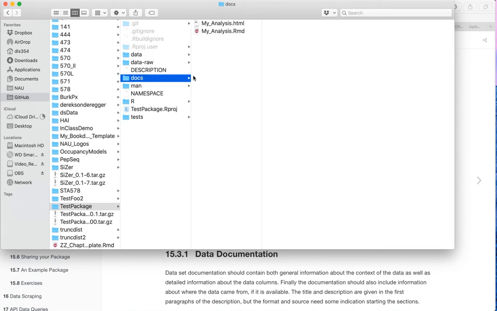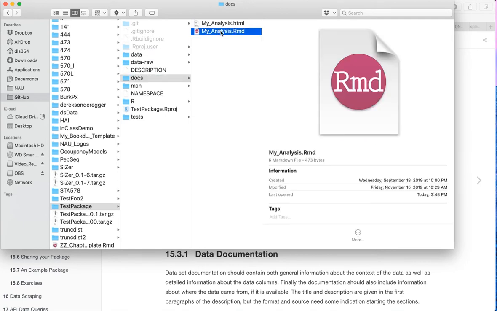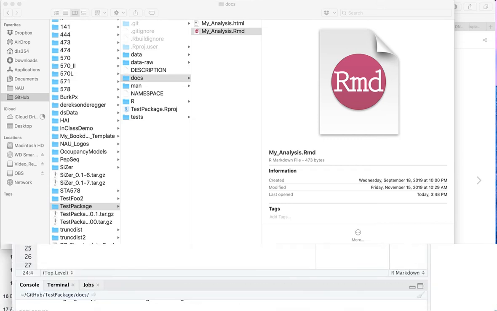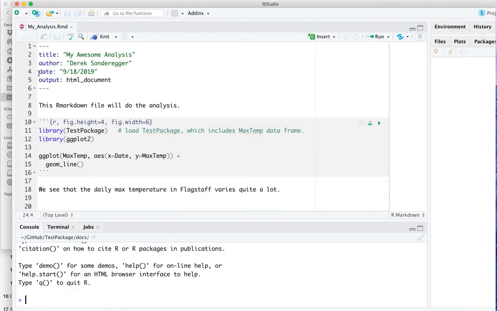Now, in this documents directory, we have an R Markdown file called myanalysis. So I'm going to open up myanalysis and see what it looks like. And what this looks like is a standard R Markdown file. But notice now I've got this library test package. Now this test package is the package that we're building, and what's going to happen is when I do this library command, it's going to load any data set that exists in that data directory. And so what I can do is I can just turn around and make a quick little graph using this maximum temperature data set,